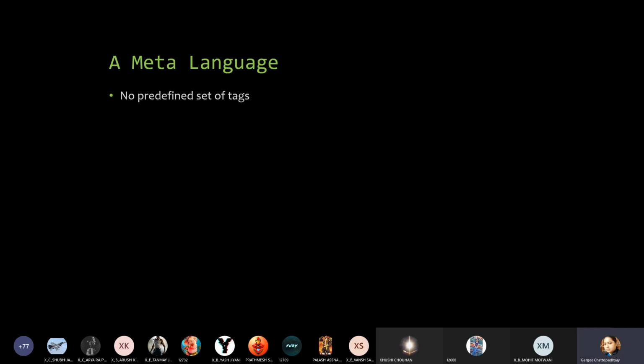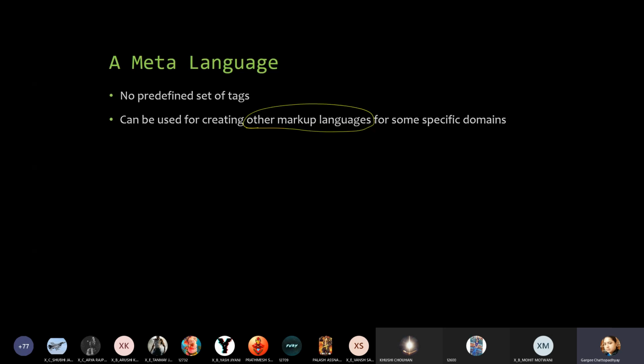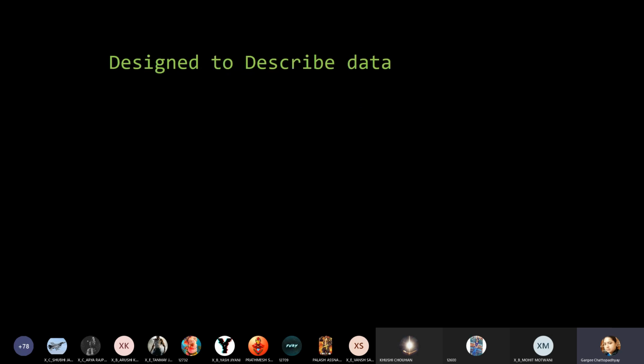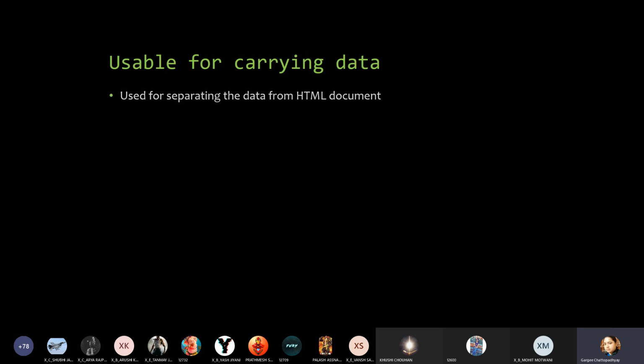A meta language. No predefined set of tags can be used for creating other markup languages. Now this thing is out of the scope of your syllabus, so we will not discuss this at all right now, right? It can be used for creating other short versions of markup languages specific to an application, right? Designed to focus on the structure of data, usable for carrying data. You carry an XML document along with HTML, you are also carrying the data along with you, right?